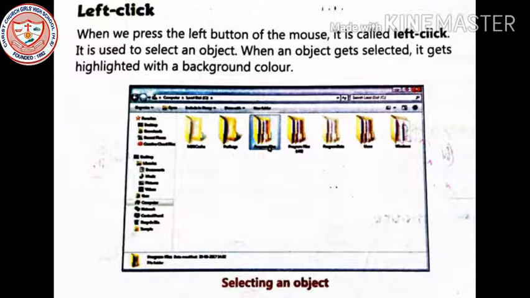When we left click, the word or a sentence gets selected with a background color, most probably blue. So this is the use of left click: selecting an object.